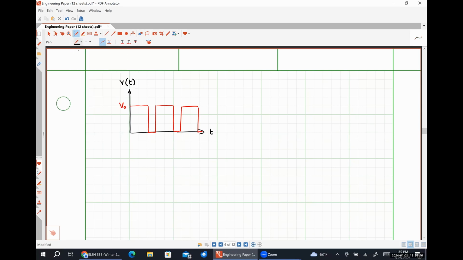Let's call this point in time right here capital T, because that's the amount of time it took for one period to elapse. This point in time right here will be 2T, et cetera, so that we see that we have a periodic function. And this point in time right here will be x times capital T, where 0 is less than x is less than 1, and x represents the duty cycle